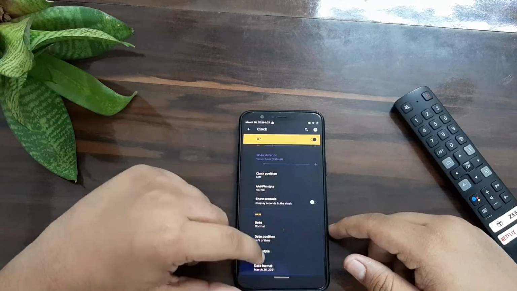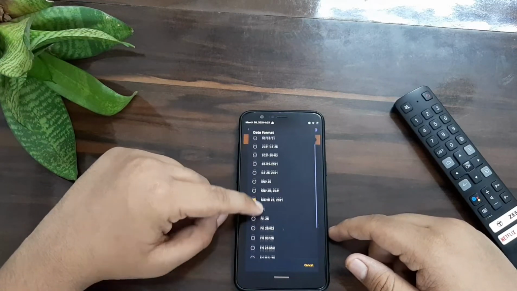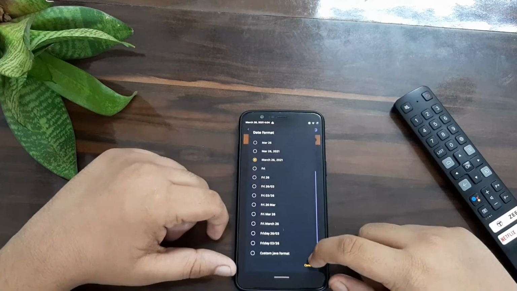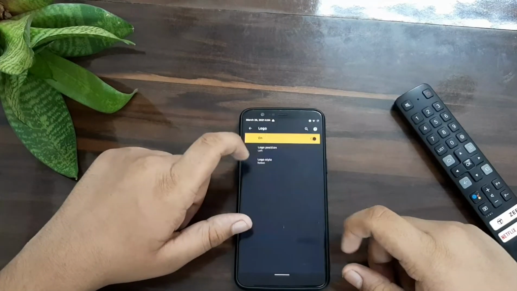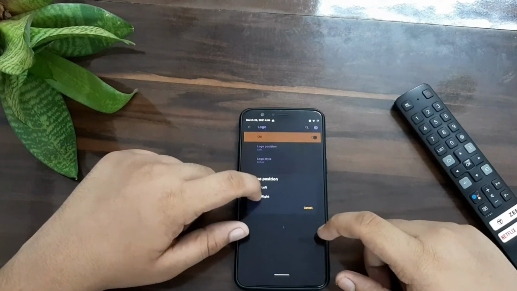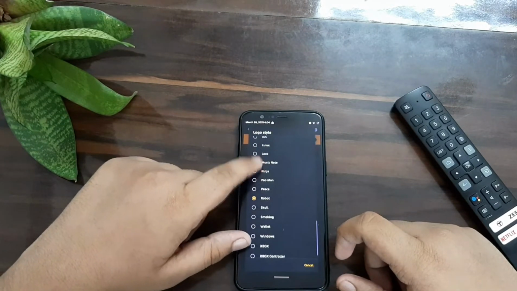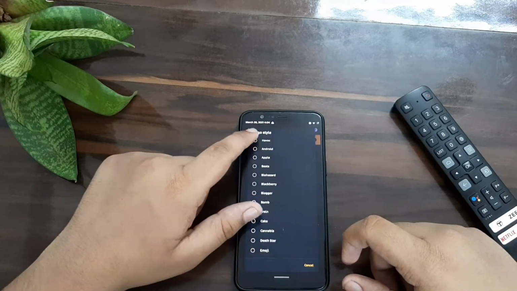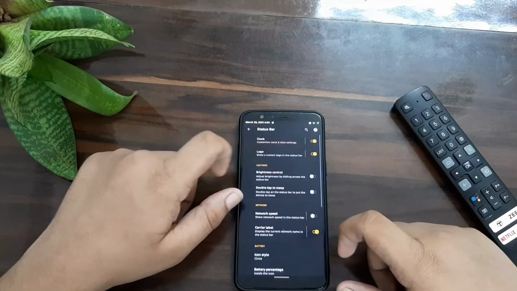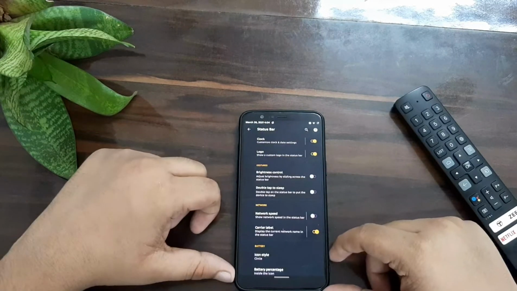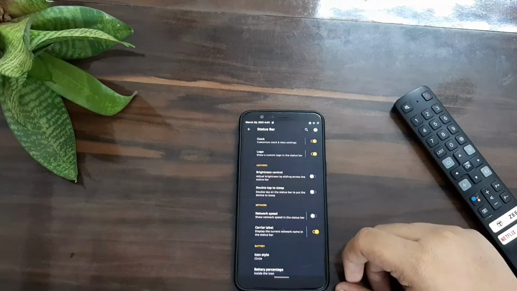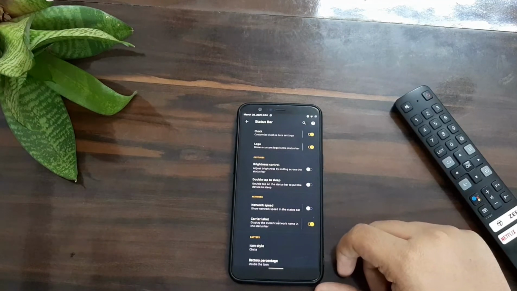I'll put it on left, and you can change the format of the date also, like this. And you can change the logo of your style. You can put it on right or left. I put this Havoc logo, so it will change it. But there should be an option to change the colors also. I hope in future builds they will add it.